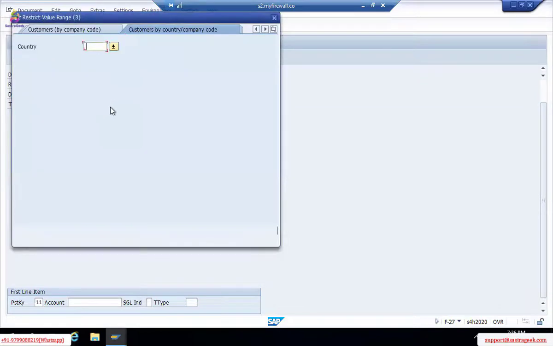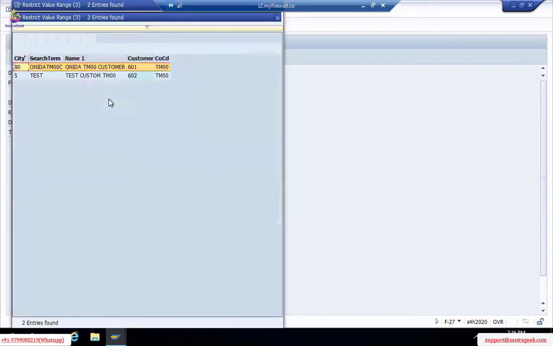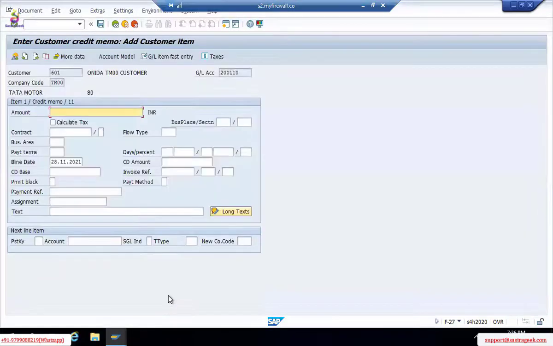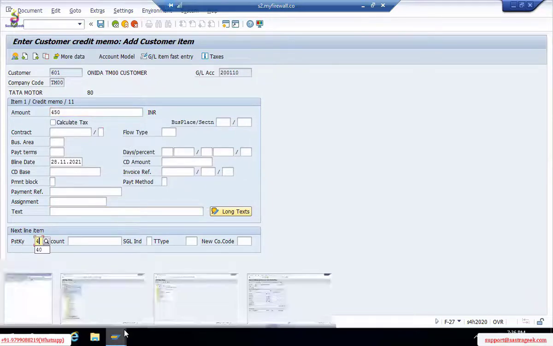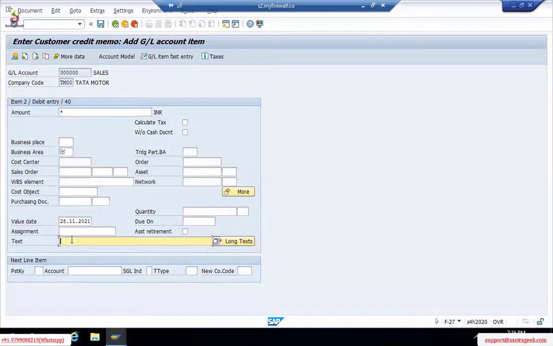Okay, so let us pull the same customer. I'll pull Onida customer here. Amount. What was the recent amount I posted? 450, right? 450 I'm taking. Text. Posting key 40 here. Then the same GL account, sales account, enter. Amount asterisk, text plus. No change at all.